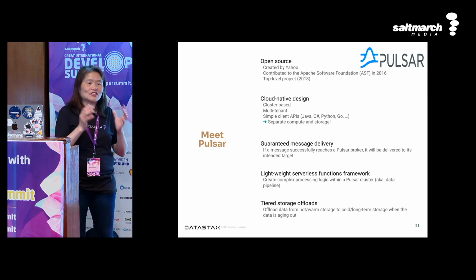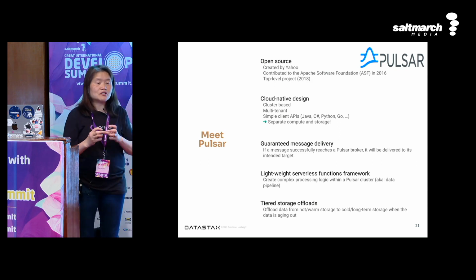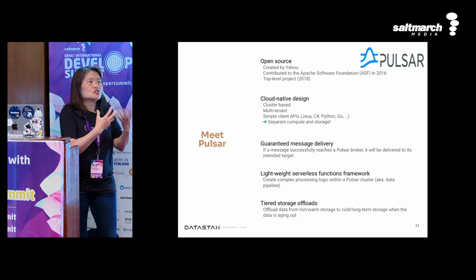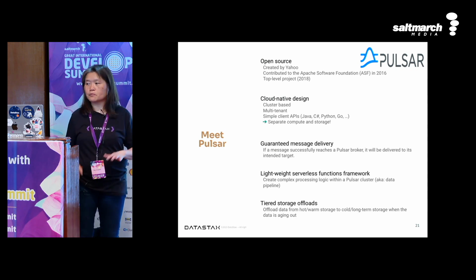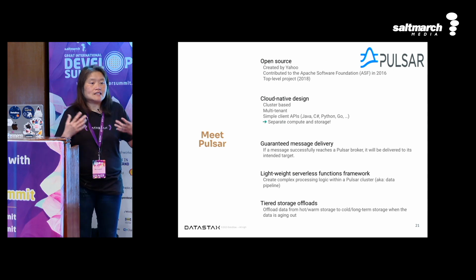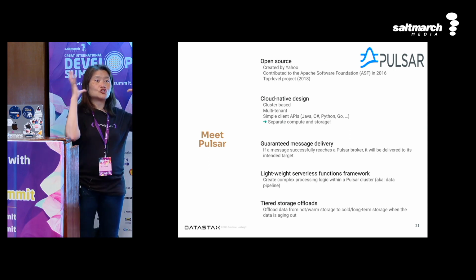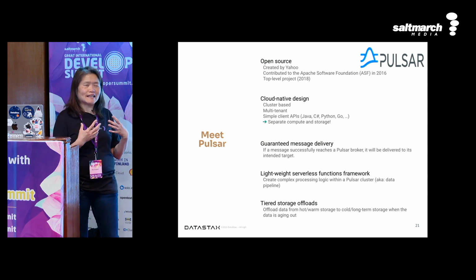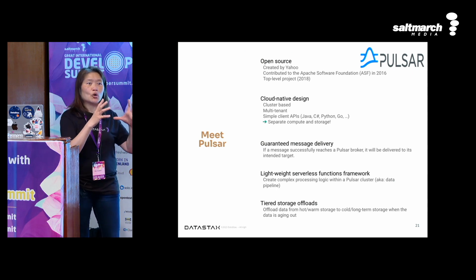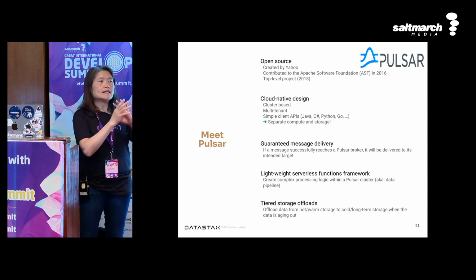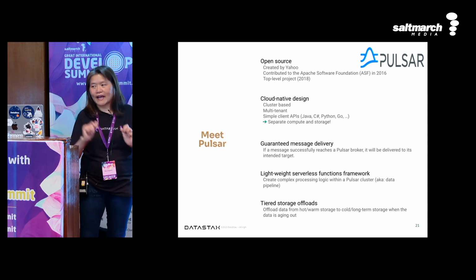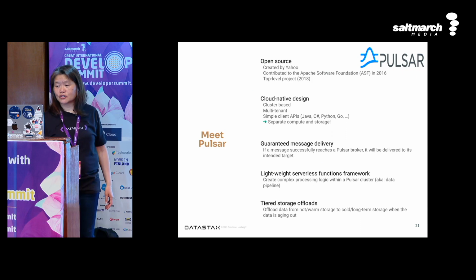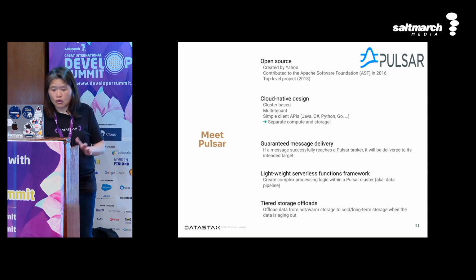You're receiving messages, then you have to process the messages. Each message comes in, and sometimes you have different parameters, like how long should the message live? What if the message doesn't get delivered, right? All the retry mechanism by itself is already complicated enough. So Pulsar has all of these things built in, like deduplication and chunking. If you have huge messages, in fact, I got asked, people were saying, oh, I have a gigabyte message payload. In that case, there's also chunking that naturally breaks it down into different chunks, and it does reassembling on the other end, for example. So Pulsar does all of these things too. So it separates out the compute and storage.